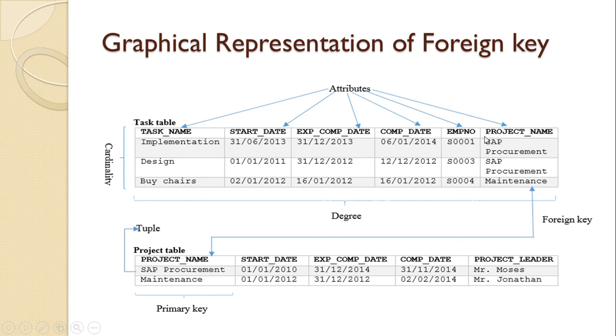We can see that in the project table, project name contains unique values, so we make it the primary key column, or candidate key, and it is linked with the task table and contains the same values as present in the task table. So this is the graphical representation of a foreign key.